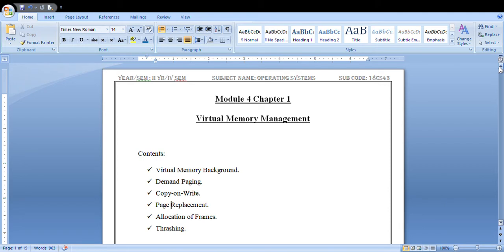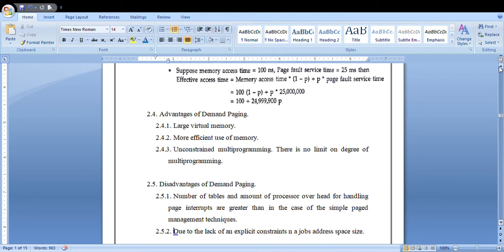But why is page replacement required? The main memory has very little space, so when the memory becomes full, you need to replace an existing page with a newly arrived page. For that, what algorithms are you going to follow, and based on what criteria will you select the page replacement algorithm? Everything will be explained in the page replacement topic. So let's move on to the page replacement topic.